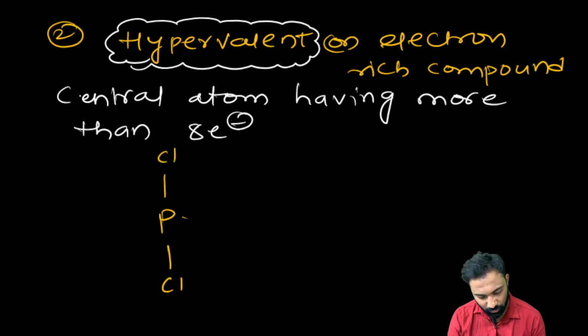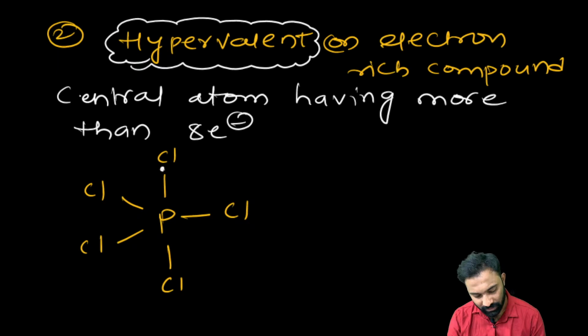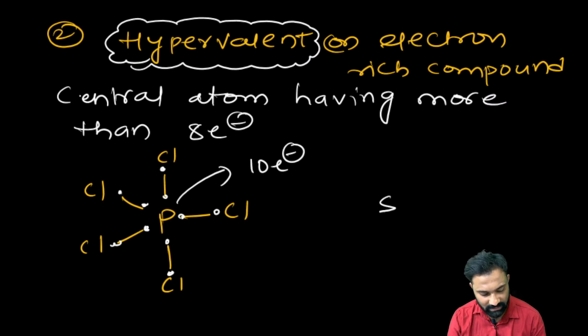now phosphorus will form the 5 bonds in this manner, right? Now you can know each bond contains 2 electrons. It has 5 bonds, right? Now 5 bonds means total how many electrons? 10 electrons. If you take SF6,